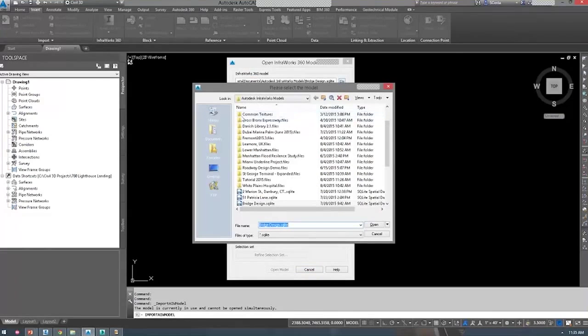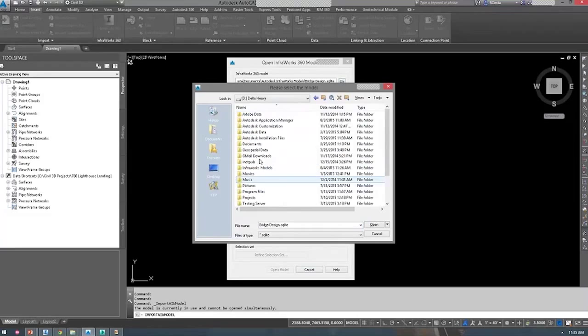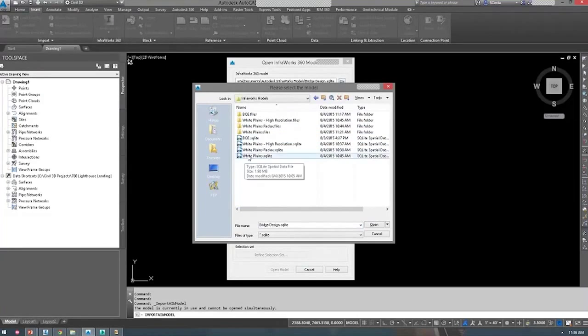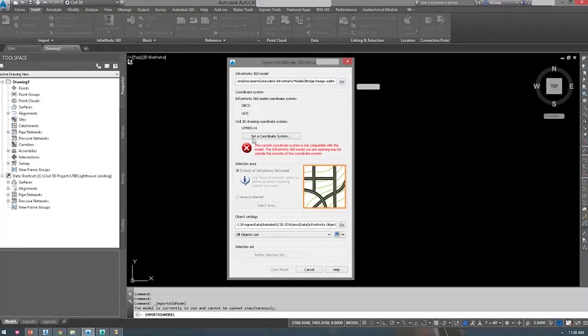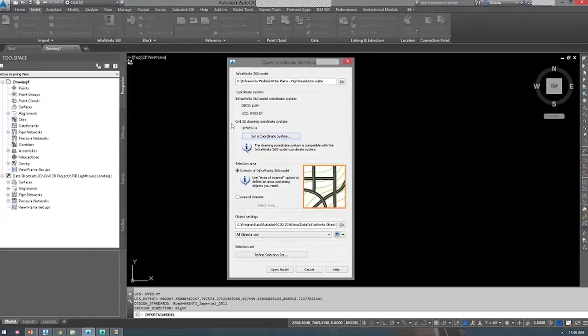If you do build a model from scratch, as would be the case here, I'll bring up an example of geospatial. Where's my InfraWorks models? And I bring up this White Plains high resolution file that I modeled locally. You'll see that everything pans out correctly. Now, at this point, I can go ahead and if I had information in this drawing,